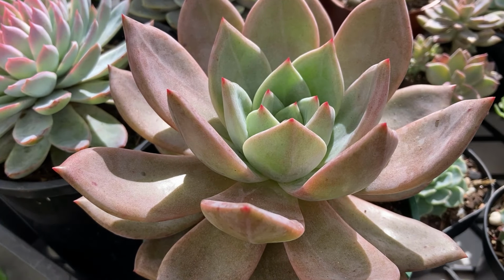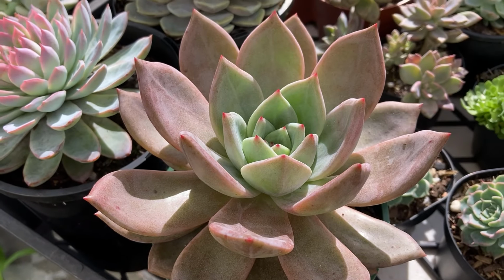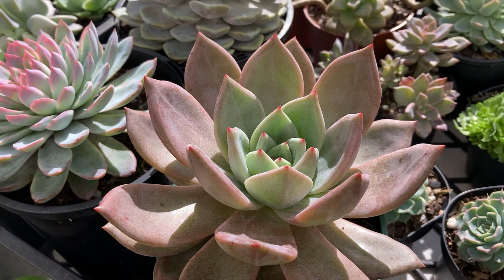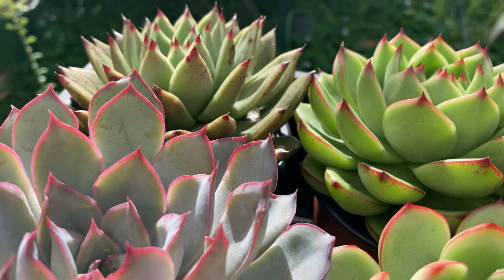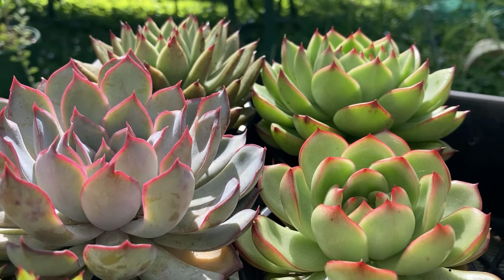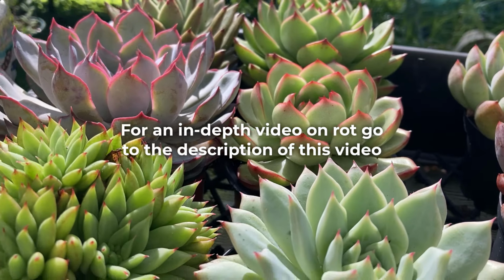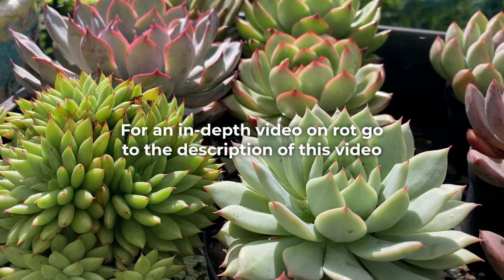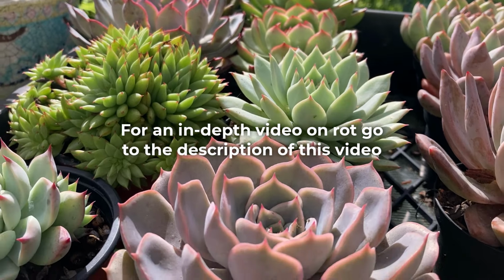In particular, rot, one of the most common fungal diseases, can definitely kill your succulent very quickly. Rot can start in the leaves, it can start in the roots. It is usually spread by spores, but it can also be caused by soil-dwelling organisms, and they usually move in when parts of the plant die. So they settle in the dead parts, in the dead roots, and then they spread